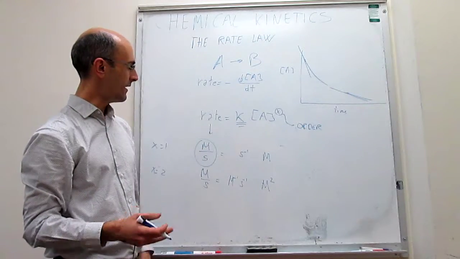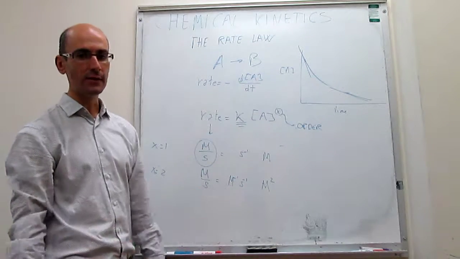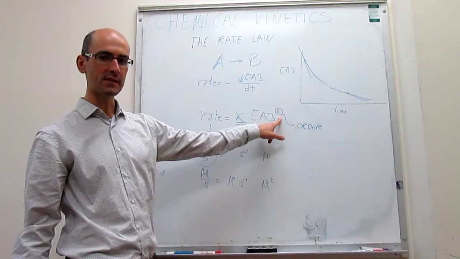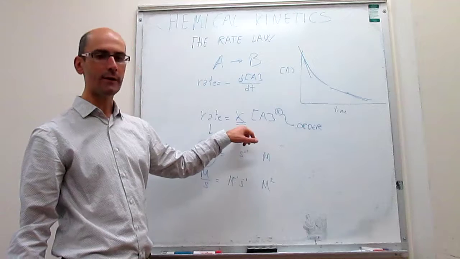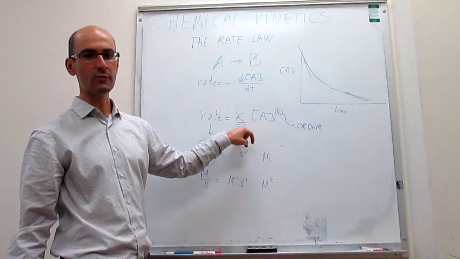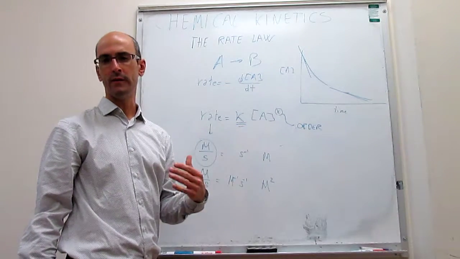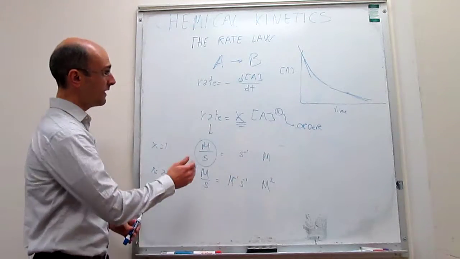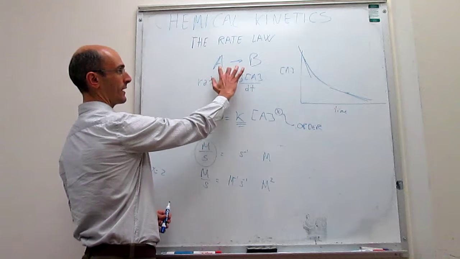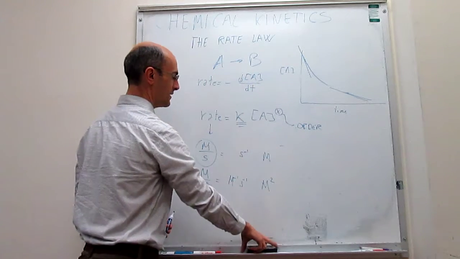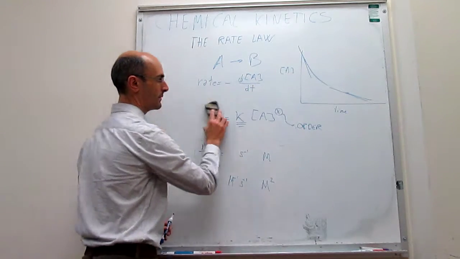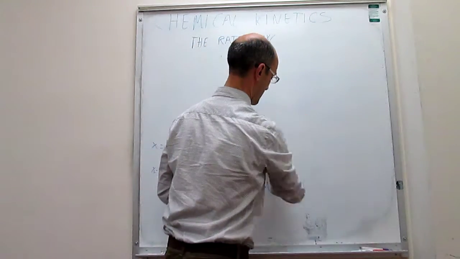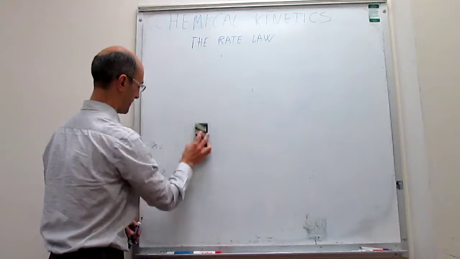Okay, so again, this is just the definition of what the rate law is. We have talked about the reaction order, a number that needs to be determined experimentally, and then we've talked about this proportionality constant, which is the rate constant, and how the units of the rate constant depend on the reaction order. This will be the case for a reaction that has only one reagent. Okay, we can actually try to move a little bit forward and see what happens when you actually have 2 reagents,